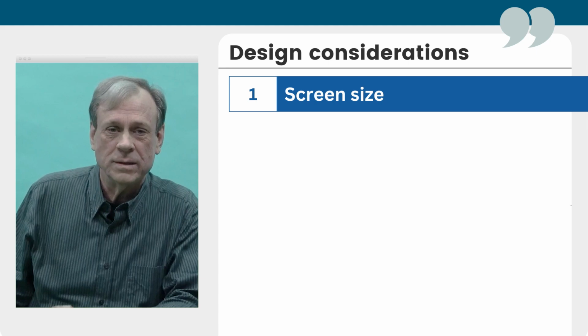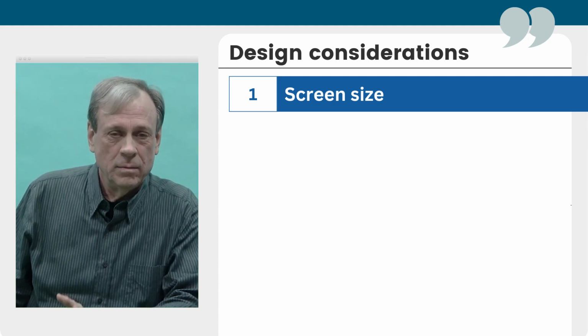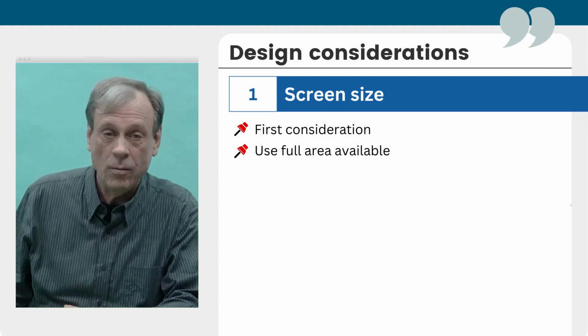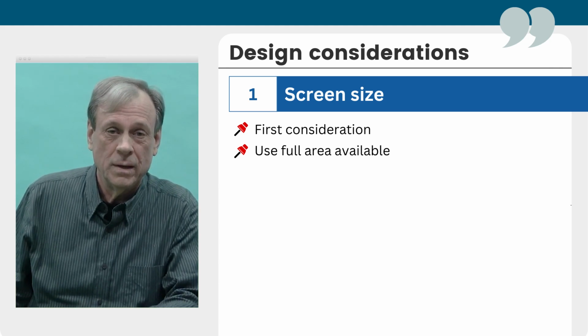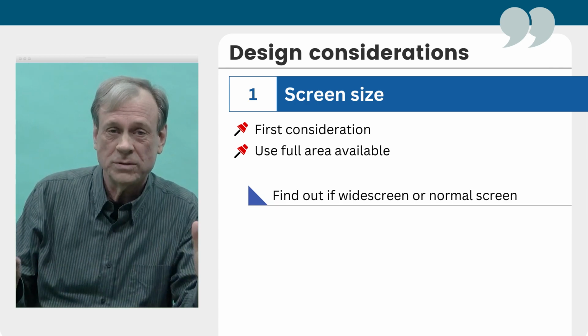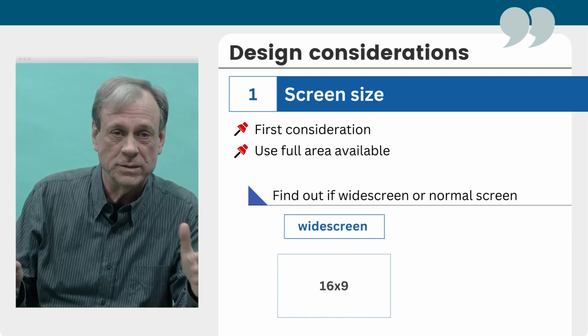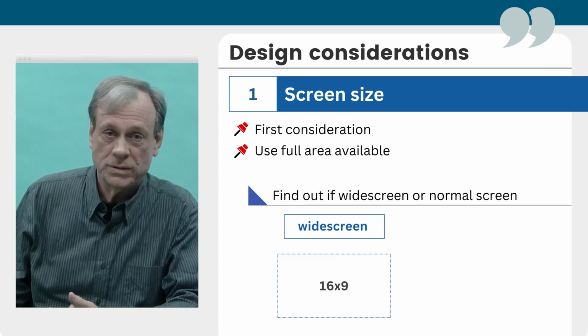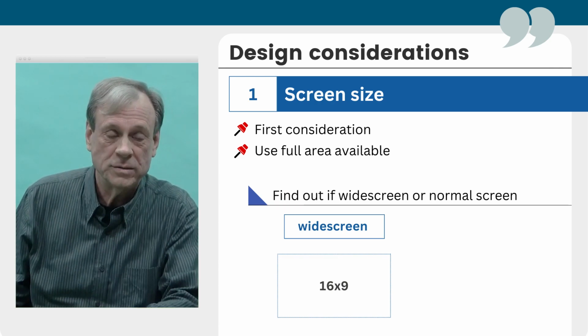First thing to consider is screen size. When you know that you're going to do a talk, the first thing you should do is find out how big the screen is going to be. PowerPoint currently defaults to what's called a widescreen image. And that's fine if you have a large conference room or some other room that has a wide screen.